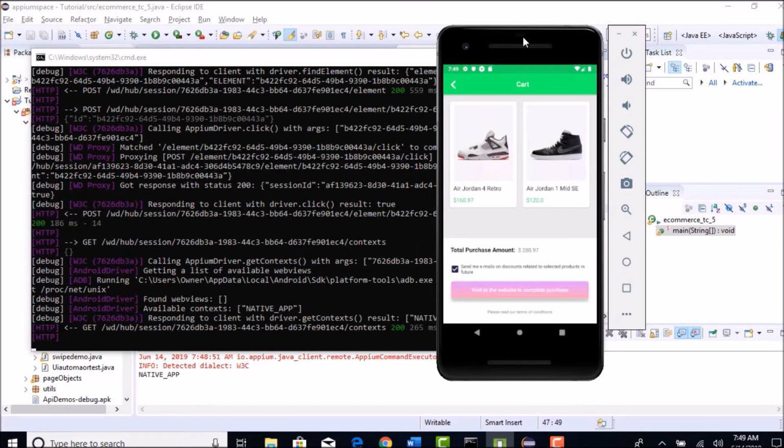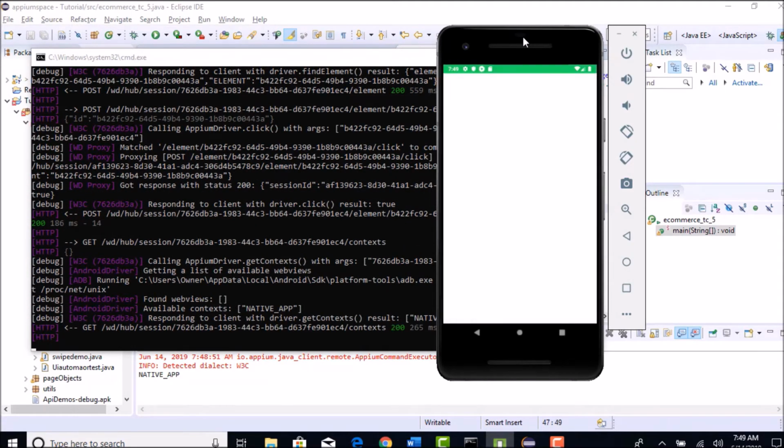After selecting that button, right now we are getting only native app, we are not getting the web view context.